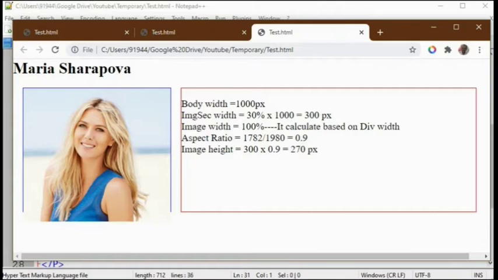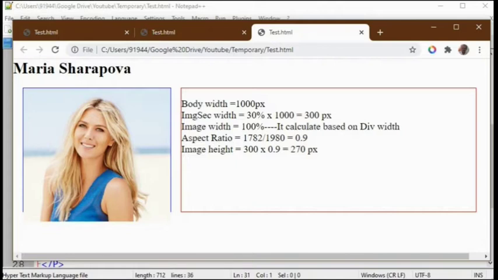In the same way, whenever you specify the width in percentage, it will be calculated based on the division section's overall width. Here, we mentioned the image width as 100%, which would mean around 1980 px, but it is not taking it like that.